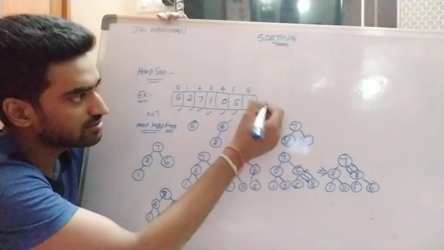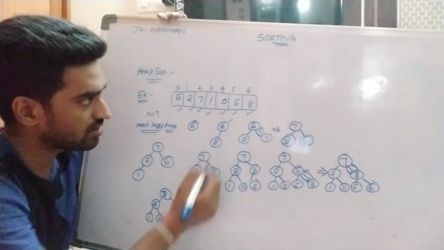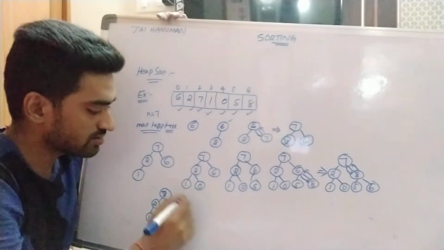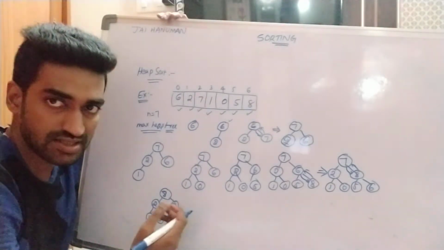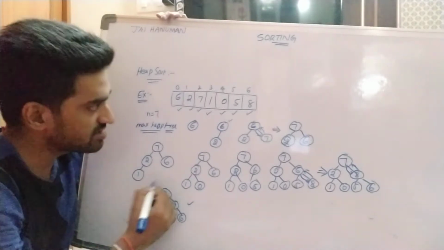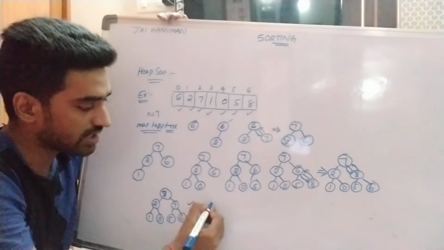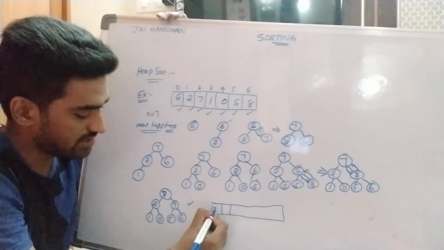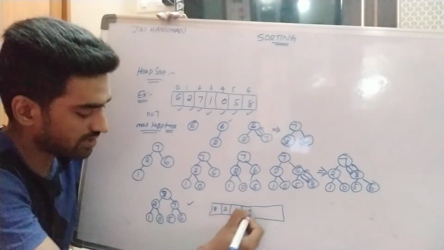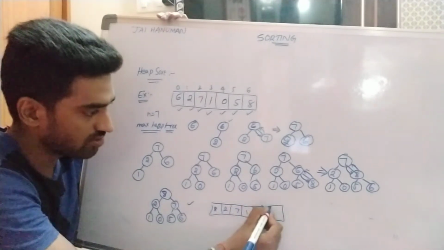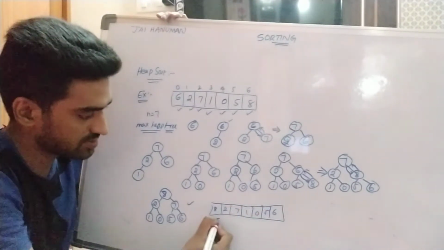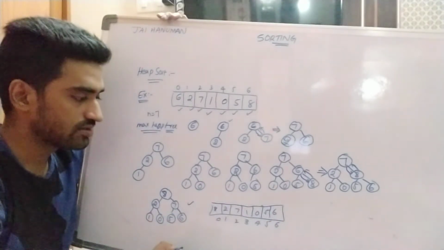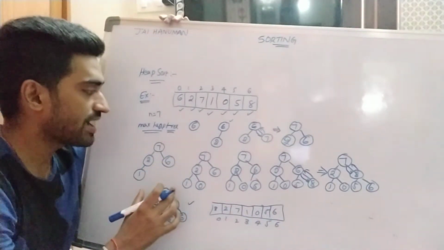So here all the element insertions are completed. So that's why there is no need to insert other elements. So this is the max heap tree for this array, right? So what is the final array for this one? 8, 2, 7, 1, 0, 5, 6, with indices 0, 1, 2, 3, 4, 5, 6. Right? So here I am constructing the max heap tree.